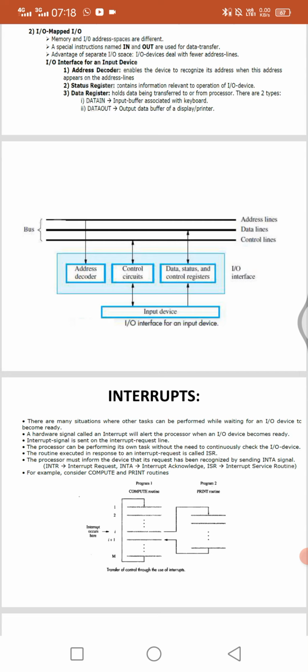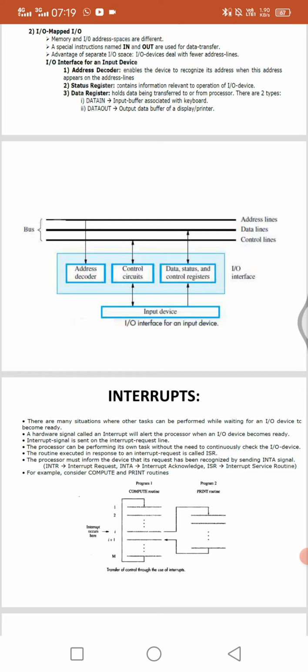Next, the status register contains information relevant to the operation of the input and output device, such as whether we sent a request to read. Because of the status register, we understand the current status. Next, the data register holds the data being transferred to or from the processor, for either a read or write operation, that is data in and data out.